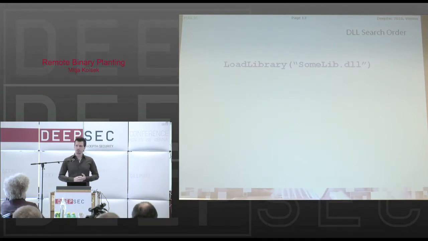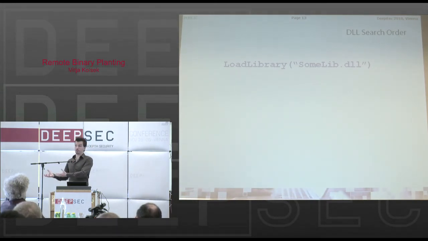Do we have any developers here? Come on, don't be ashamed. Have you ever used the LoadLibrary function? Oh, we have some nods there. Yeah, of course you have. Loading libraries is a very good thing, right? Because someone else has done their work and we just reuse their work, and that's good capitalism.